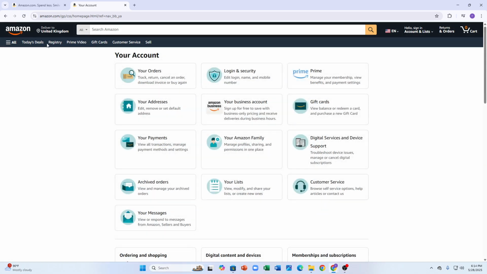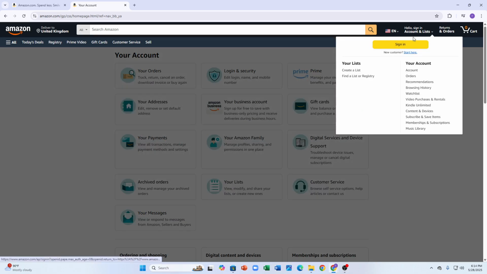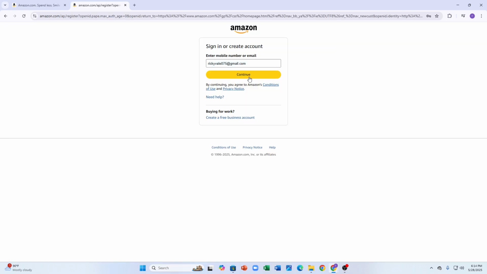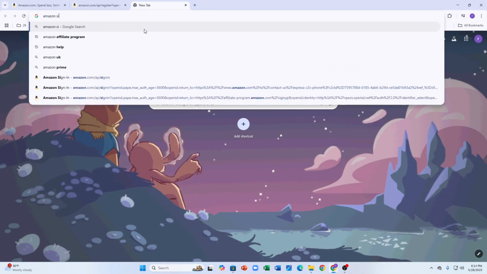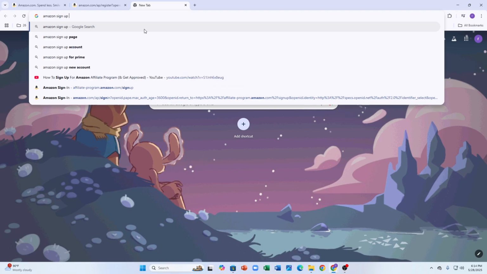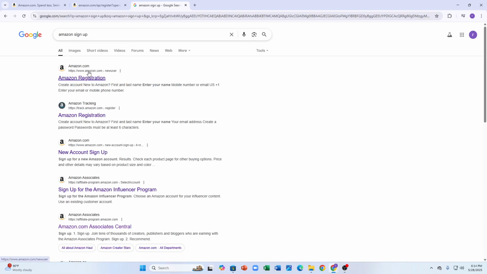click on here, and as you can see there is the option like click and sign in, and a little option like new customer. You can click on start here and just sign up for your account, or you can also search for Amazon sign up on your browser and click on that, and after that you can see the Amazon registration with link,